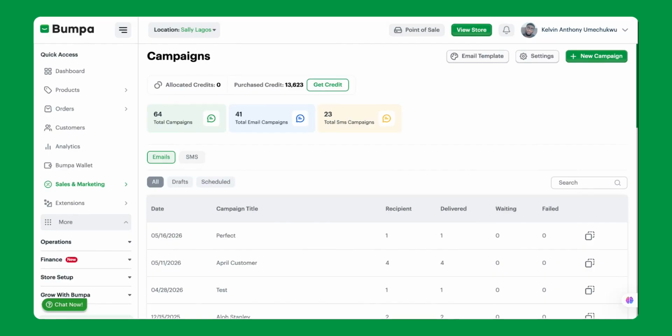Now, with email campaigns, you can send emails to your customers about your upcoming sales, your discounts, any information that you want to share, sneak peeks, whatever it may be, and you can send them to segmented audiences. Now, to create an email campaign, navigate to the campaigns dashboard